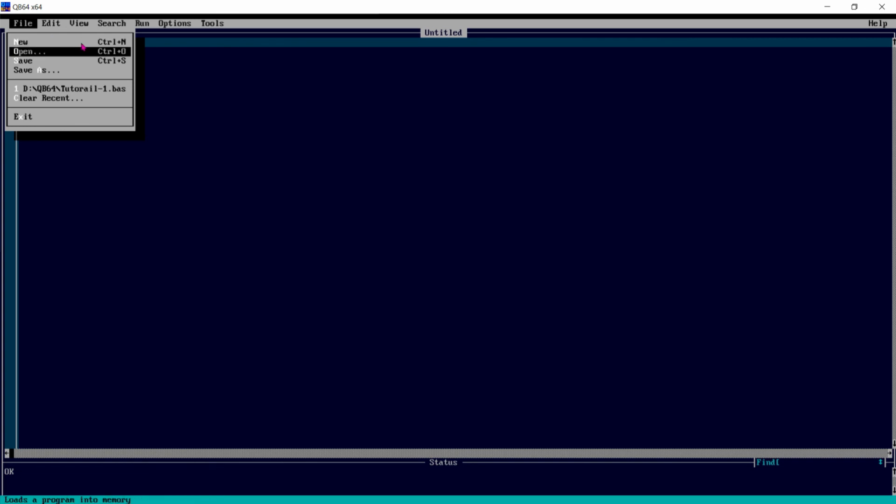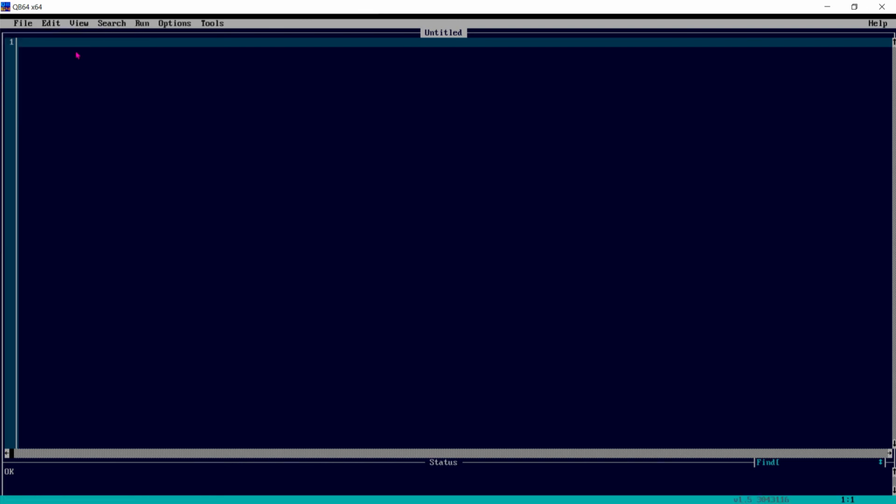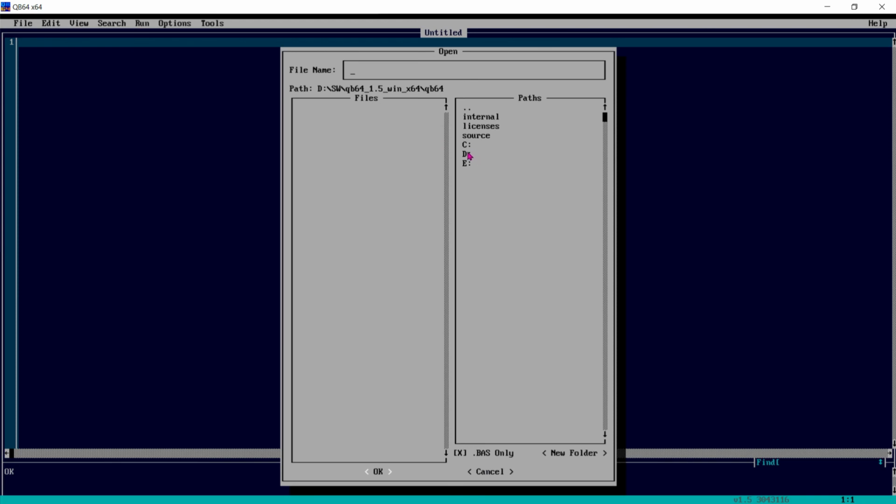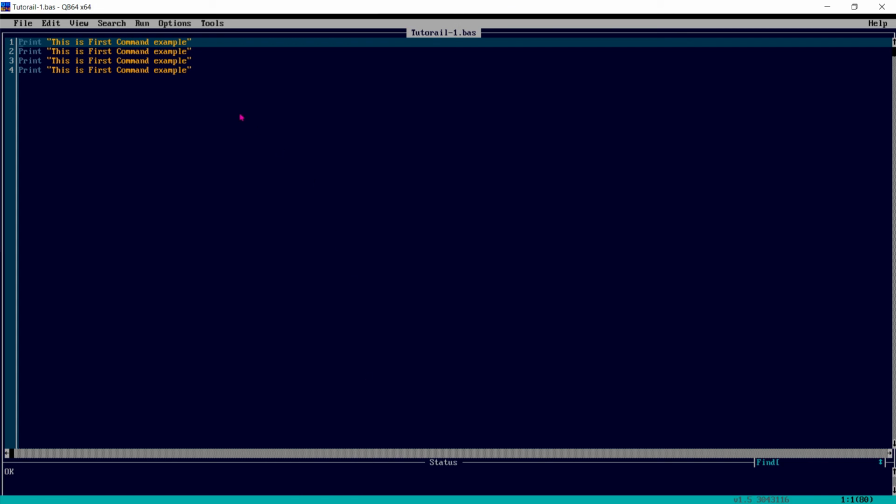For new, Control plus N; open, Control plus O; save, Control plus S. This is the last file. We can select from here, or if we don't know, we can go here, D drive, QB64, and there is only one file. We can select it and press OK. So this is our file.